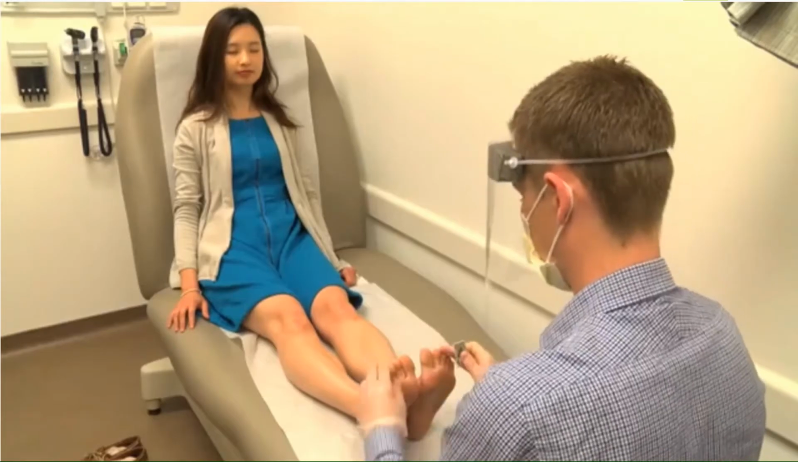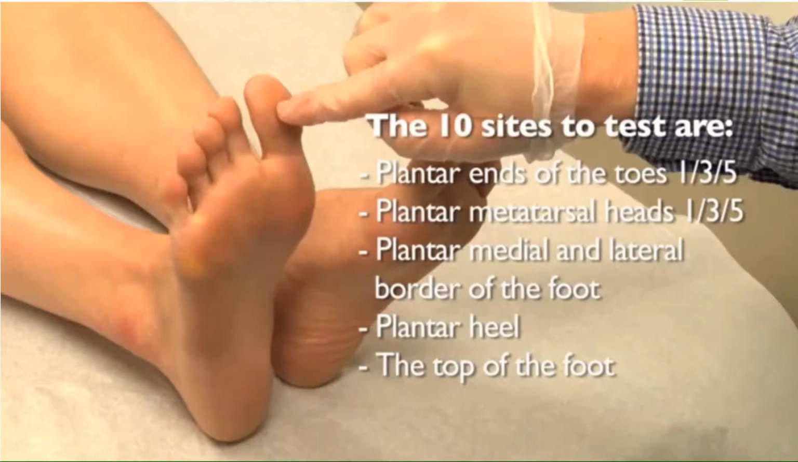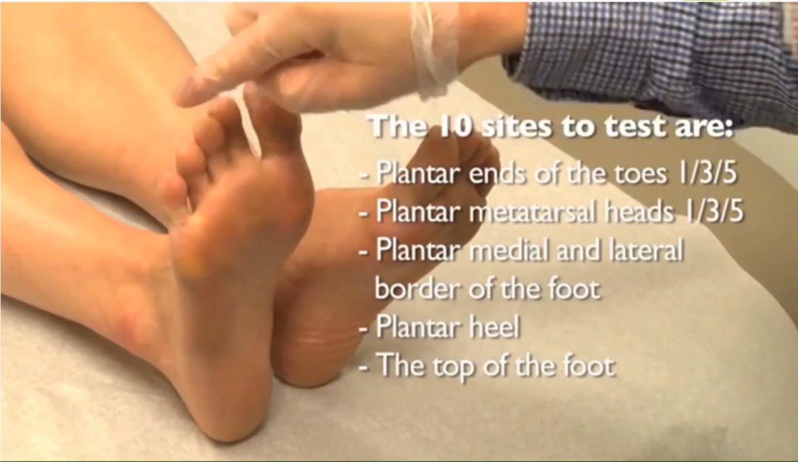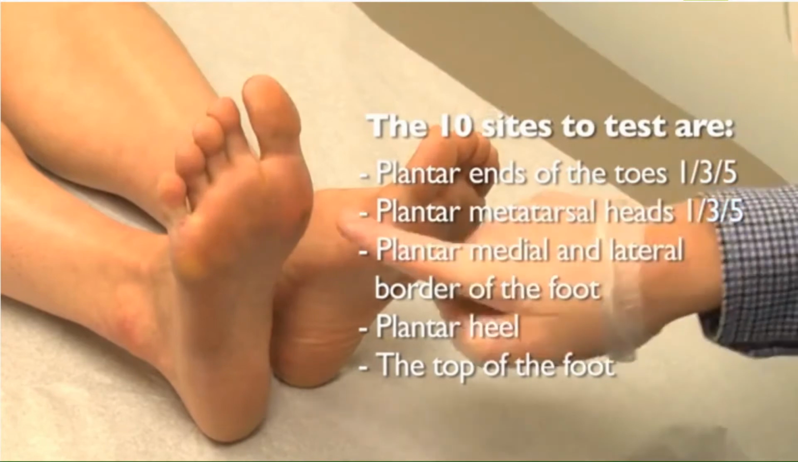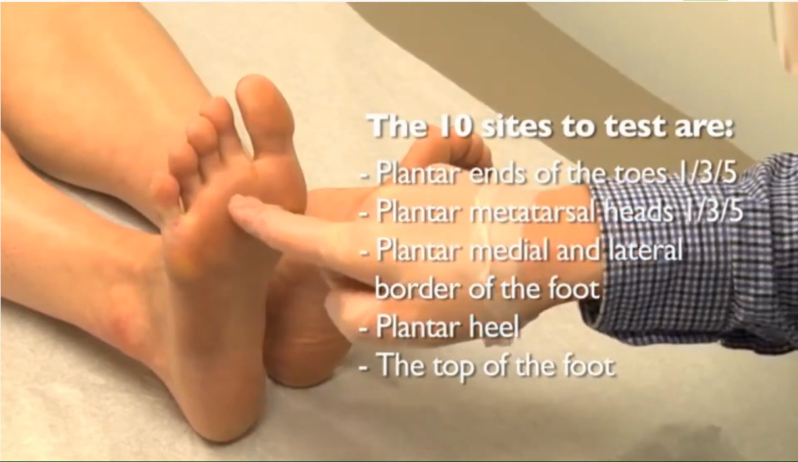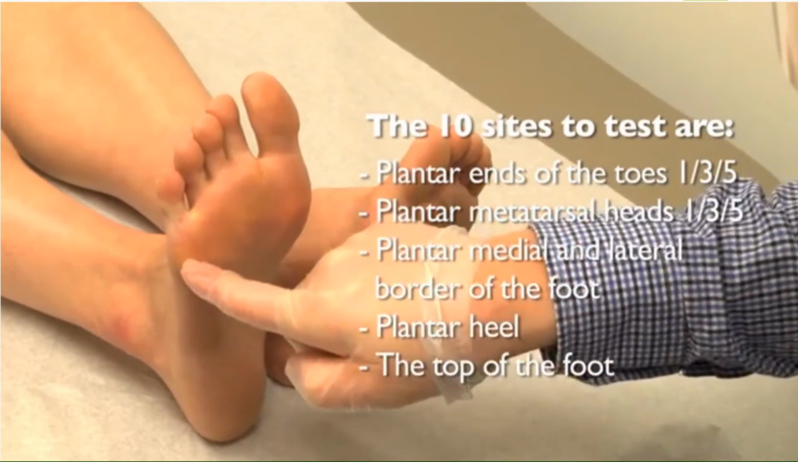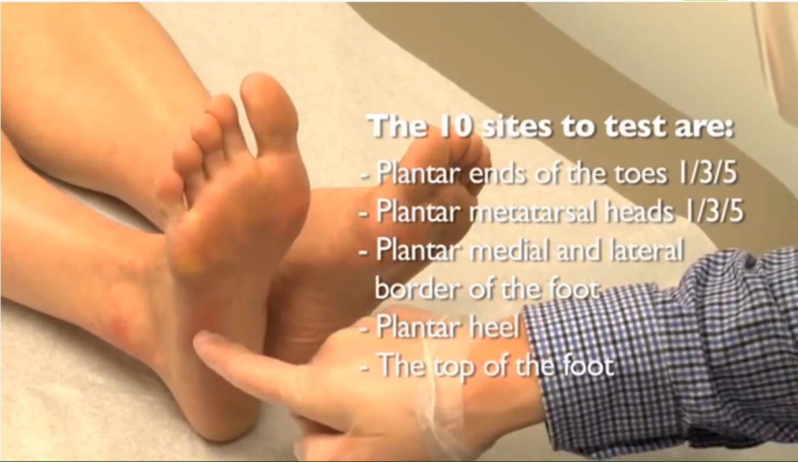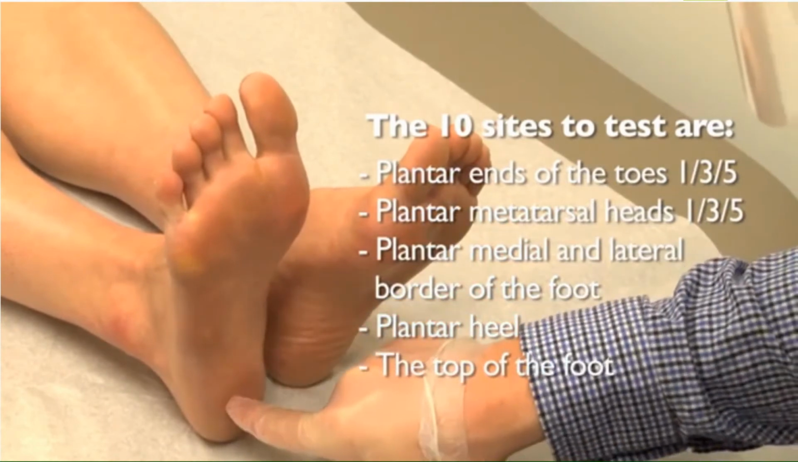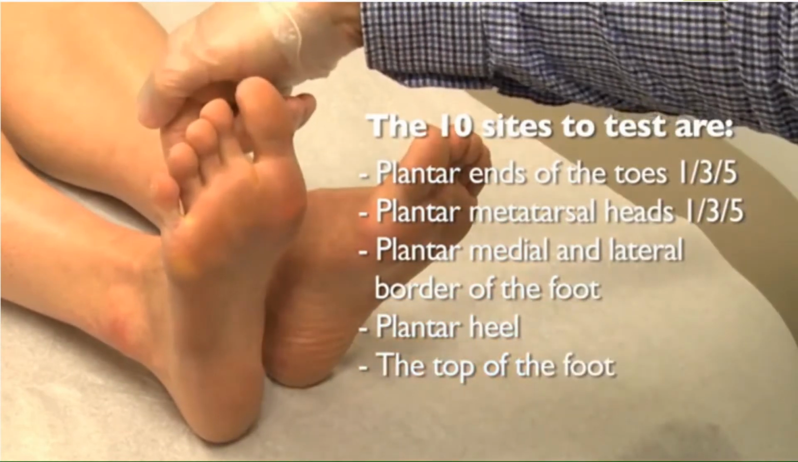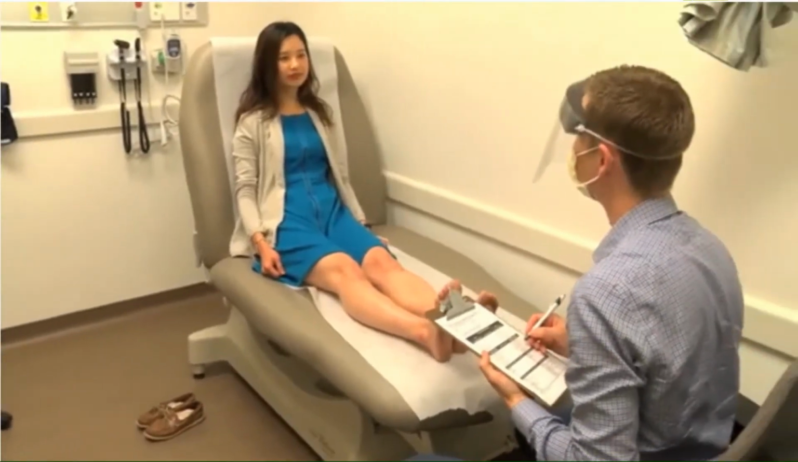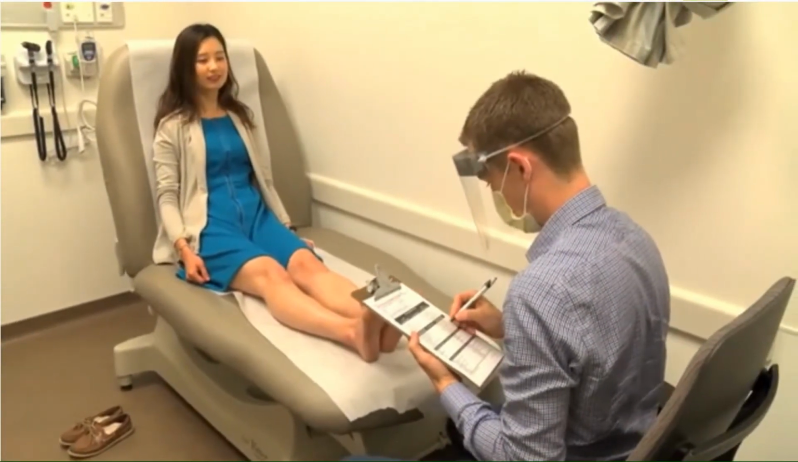The 10 sites to test are plantar ends of the toes 1, 3, and 5, plantar metatarsal heads 1, 3, and 5, plantar medial and lateral border of the foot, the plantar heel, and the top of the foot. If the monofilament is not detected in an area of the foot, this indicates a loss of protective sensation to